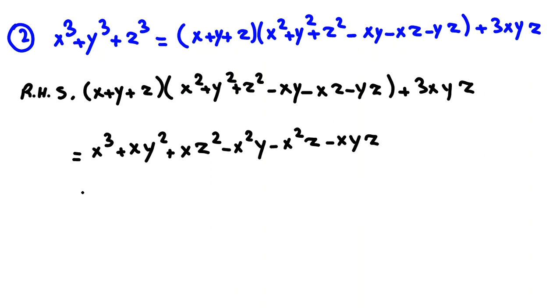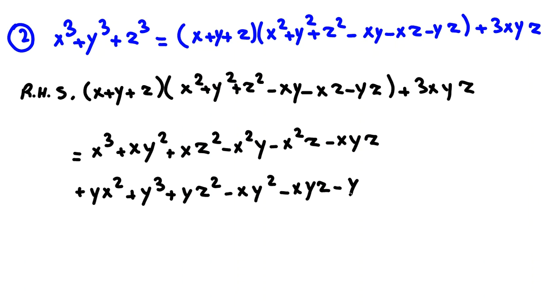The second line, I multiply by y: yx squared, y cubed, yz squared, then minus xy squared, minus xyz, minus y squared z. And then you multiply by z: zx squared, zy squared,